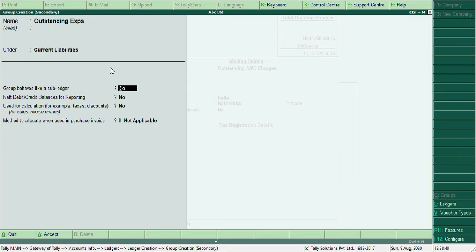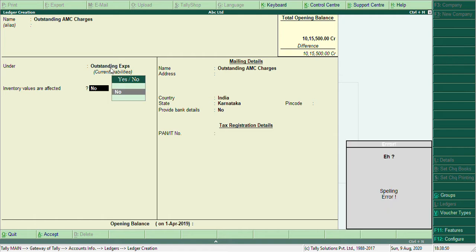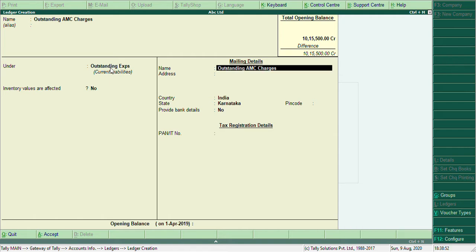All these fields for the time being we will accept as it is. Now inventory values will not be affected. Opening balance of 6,000.